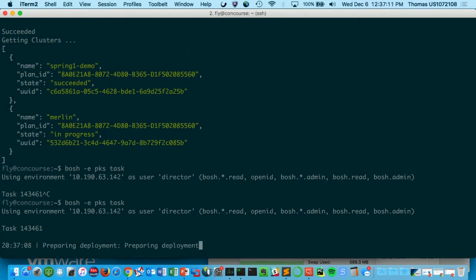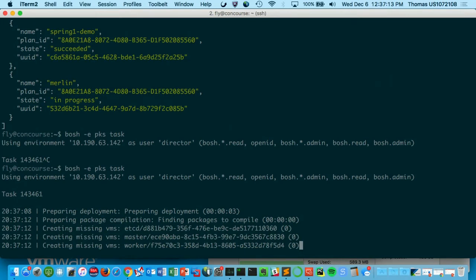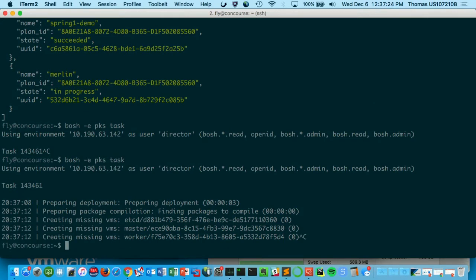So this is the actual BOSH task. In the back end, what's happened is PKS has this thing called the service adapter that's generated my deployment manifest dynamically and is handing that off to BOSH to manage the deployment and give me a nice shiny new Kubernetes cluster. So I'm not going to make you guys wait. Like I said, this deployment's probably 6 or 7 minutes. I was fibbing if I said 10, but I'm not going to make you wait 6 or 7 minutes